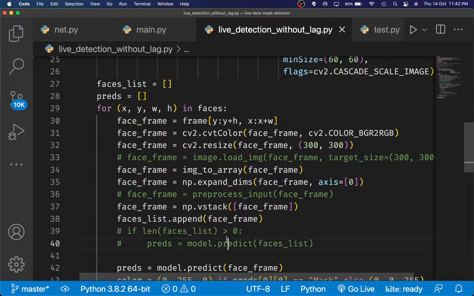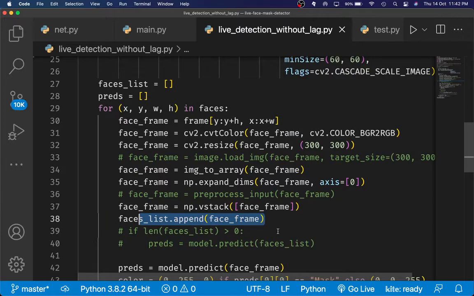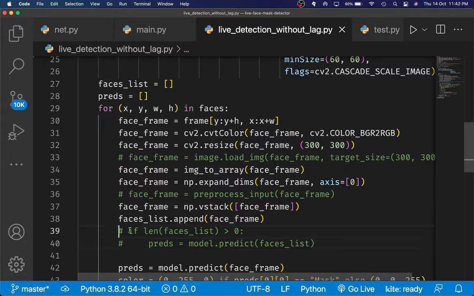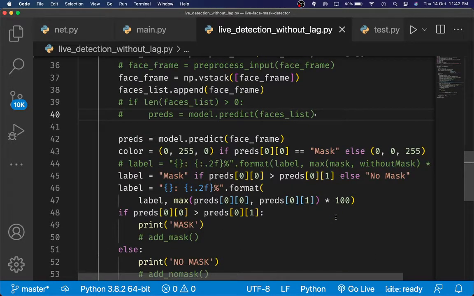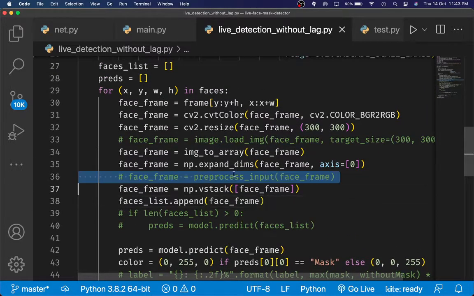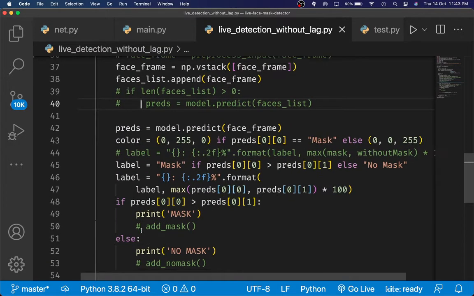Then np.vstack, and I don't know why I've done it. This was one of the parts of the code that I copied. I literally copied this entire thing. Originally, what they were doing was something like if the length of the face list is 0, then they would predict on something. But for some reason I was running into an error when I was following their instructions. They were doing something like preprocess input, and I just couldn't understand what they were trying to do through that blog article. So what I did was comment this out and add this thing called vstack, and instead of appending and predicting on the face list, I predicted on each frame and color.